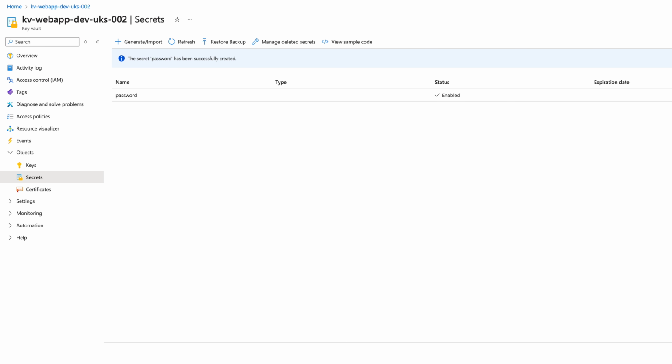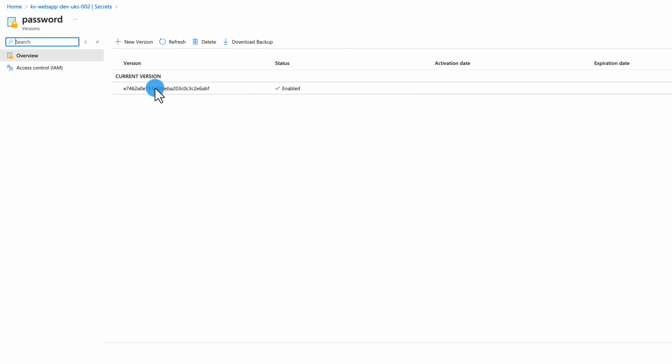Once you store your secrets in the Key Vault, you have multiple ways to retrieve them. We can obviously use the Azure portal as we are now. So let's click on our secret name. As you can see, we have versions. If you were to update the value of your secret, you are going to get a new version. But since we only have one version, as we just created our secret now, we are going to click